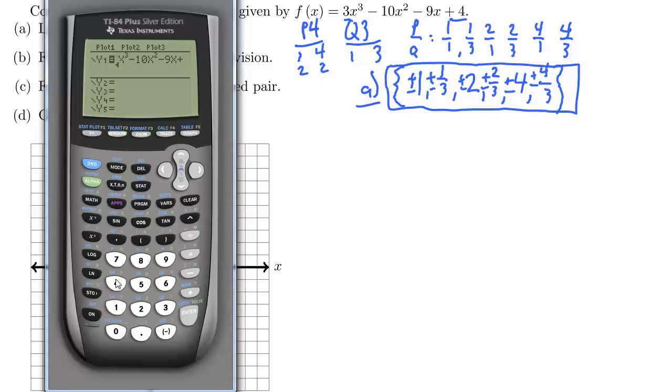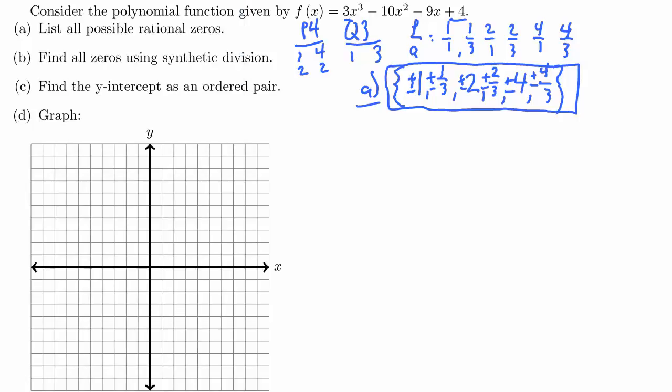Minus 10x squared minus 9x plus 4. Now I can go ahead and graph this, and this gives it to me in this form, but I want to see the table. What I'm looking for here are zeros, which means on the y table I need to look for a 0. Notice that there is a 0 here at 4. If I go up a little bit, I can see that there's a 0 at -1, and there's probably another one, but it's probably a fraction. But I know that 4 and -1 are zeros. So I'm going to prove that